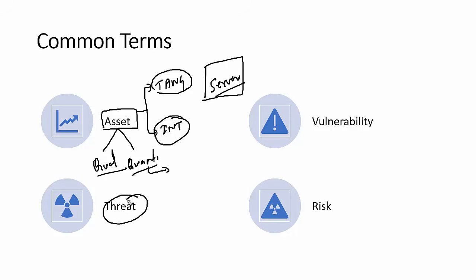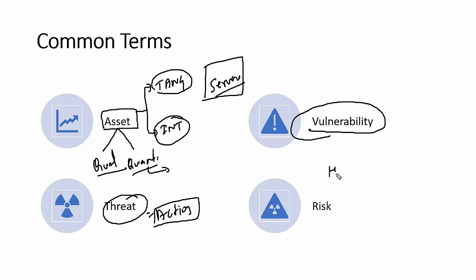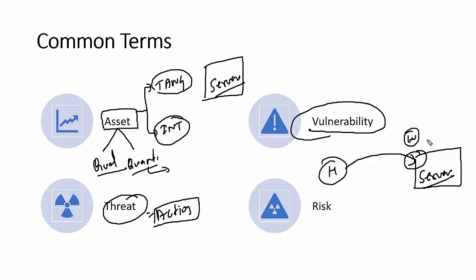Second is called a threat. A threat is an action that compromises security. Vulnerability is a weakness that we have in the system. Let's take an example. There is a hacker and there is a server. The hacker tries to attack the server, and that is only possible when there is a weakness in the server, and he discovers the weaknesses. Some ports are open, some weak passwords are there, inappropriate functions and everything.